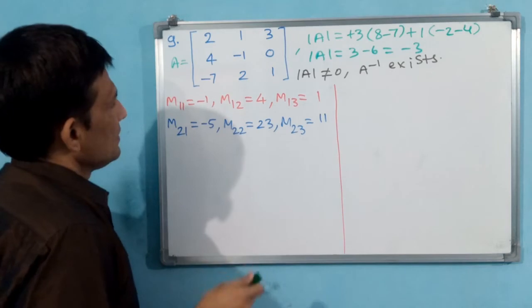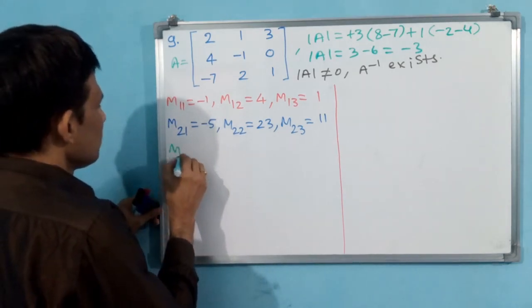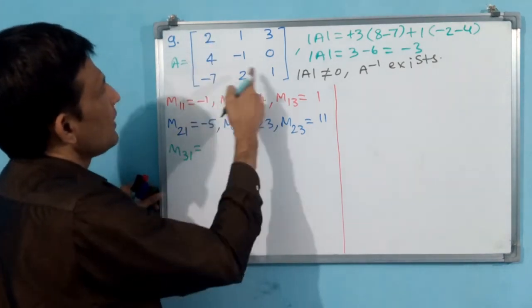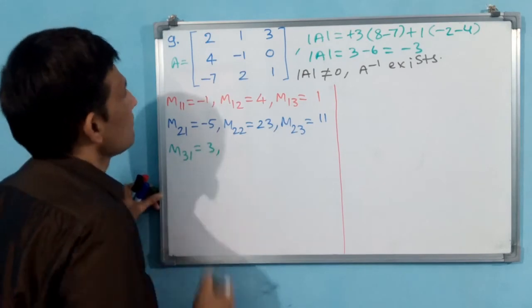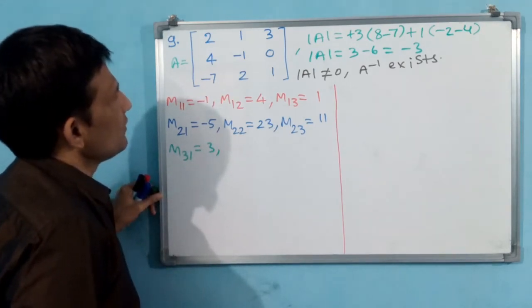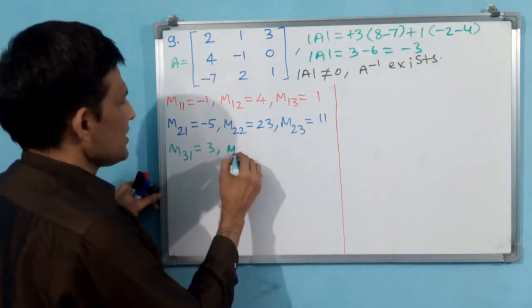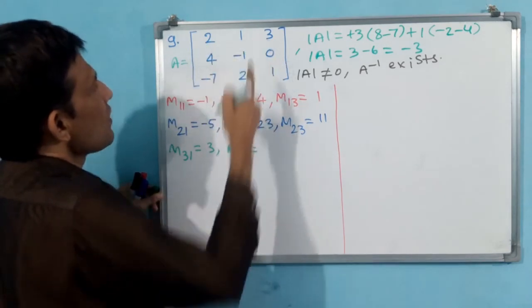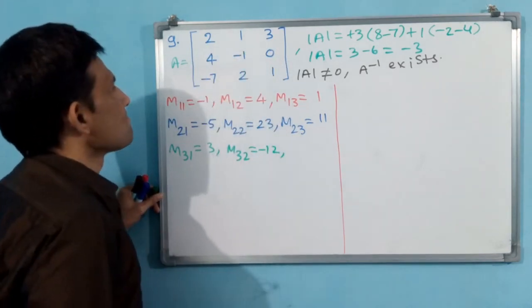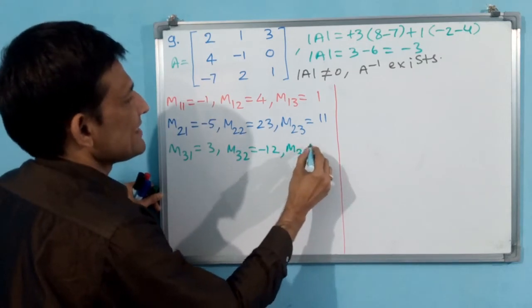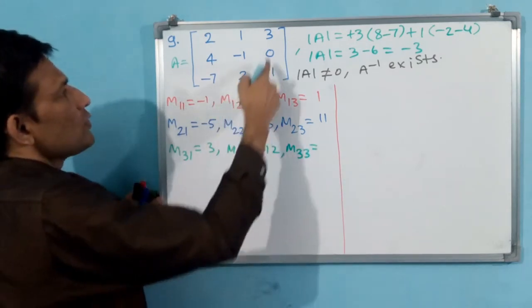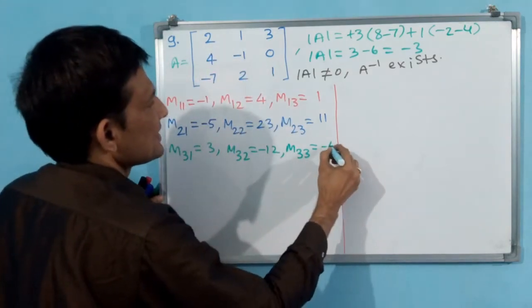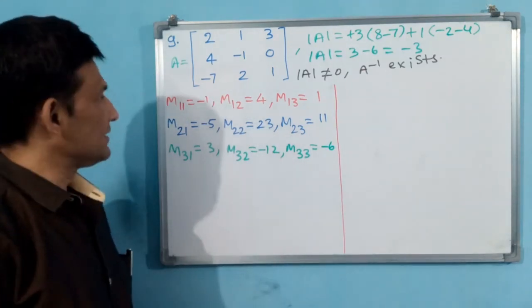Now go for M31. Okay, M31 I am finding. You see, minus 7 I am closing row and column. 0 plus 3. 3 will come. Is it okay? Yes, 0 minus of minus 3 plus 3. Okay, M32. M32 if you take 2 you are closing by row and column, then 0 minus 12. You take minus 12. Okay, M33. 1 you are closing. 1 if you close automatically minus 2, minus 4, minus 6. Okay, see, these are minors.